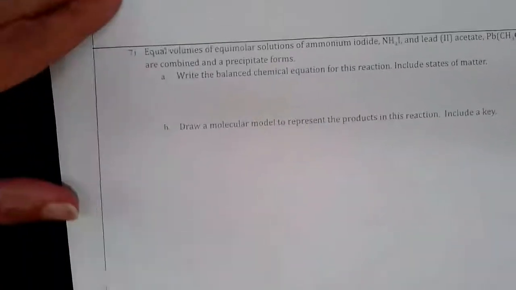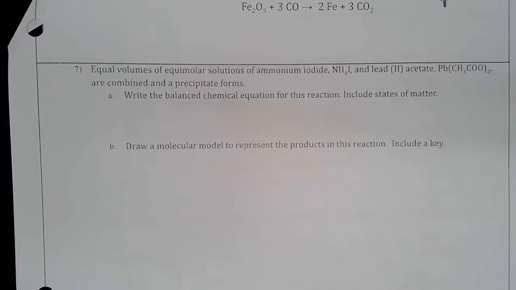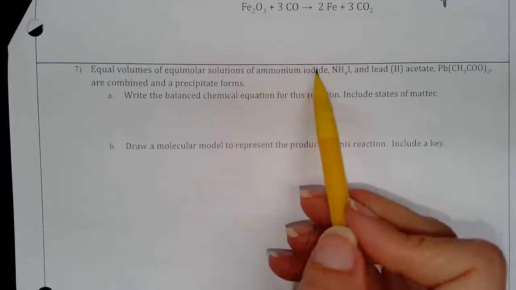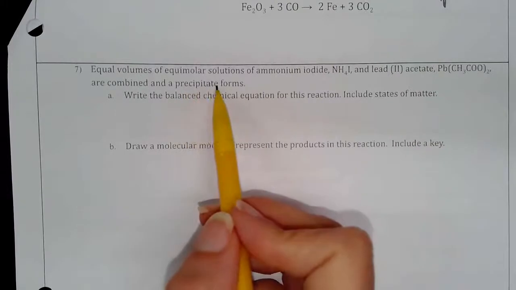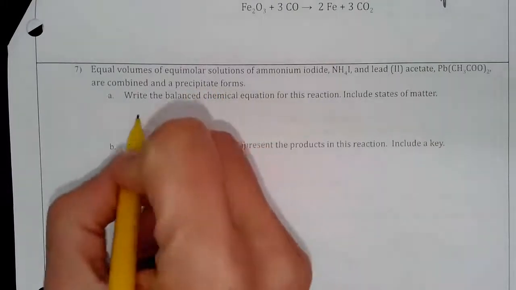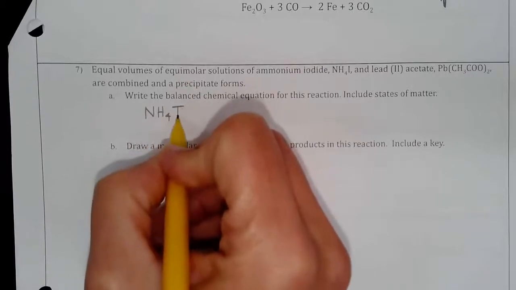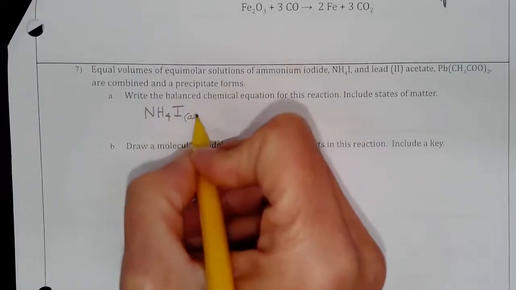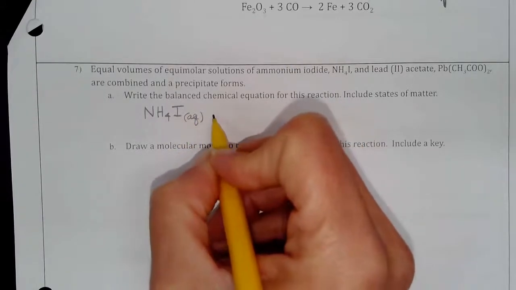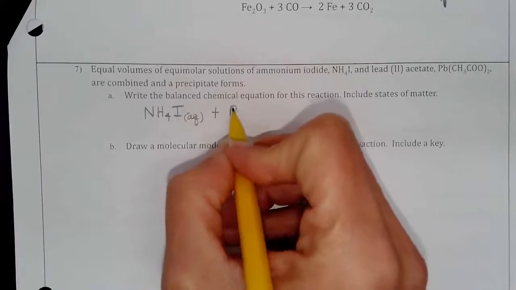Okay, last one. This tells us that equal volumes of these 2 equimolar solutions of ammonium iodide and lead 2 acetate are combined and a precipitate forms. So our balanced chemical equation, well, we have NH4I. We know because it contains ammonium that it's soluble, so we're going to write that this is aqueous. Also, it tells us it's a solution. And lead 2 acetate,